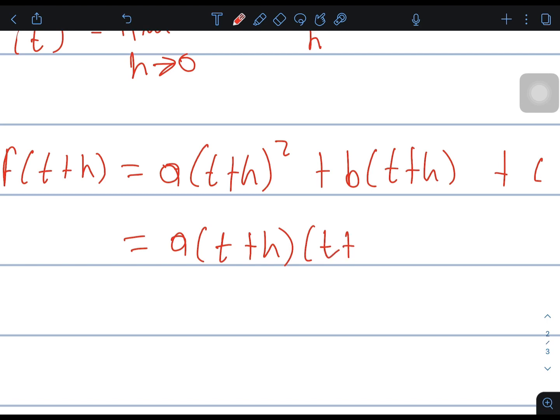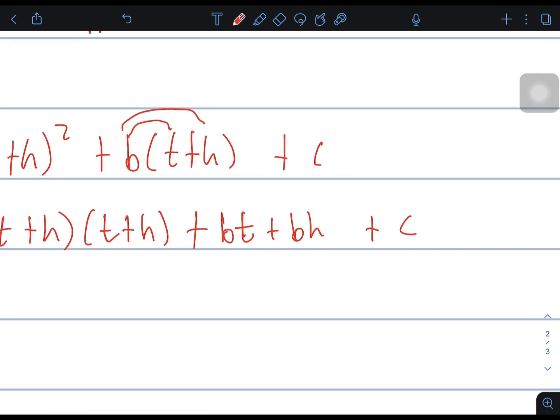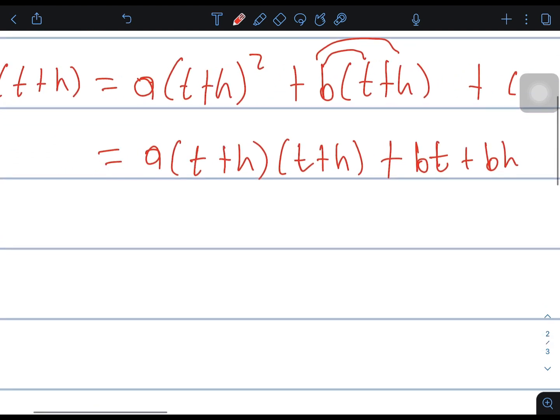T plus h, then we can multiply b in, so it will be bt, then it will be b times h, so it will be bt plus bh plus c. I'm still simplifying now. Here we have a times t, and t times t will be t squared, t times h will be plus